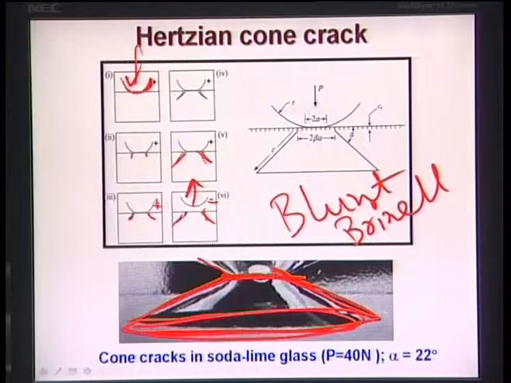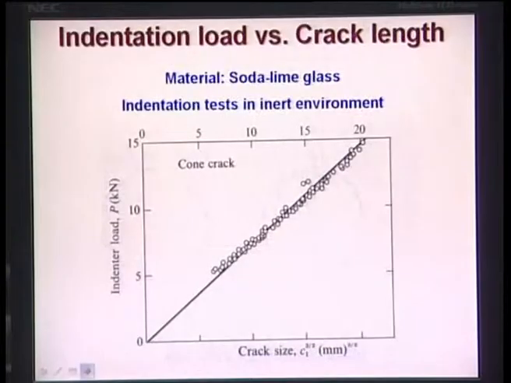and this region characteristically forms a geometrical cone, and this cone has a typical angle alpha of 22 degrees. Now people have done experiments on soda lime glass, and these indentation tests were carried out in an inert environment. Why inert environment? Many times if you do this testing in an aqueous or any acid environment, then aqueous and acid can additionally lead to more chemical attack on these glass materials. And inert environment means, for example, these indentation tests are carried out in vacuum. Vacuum means there is no aqueous environment outside,